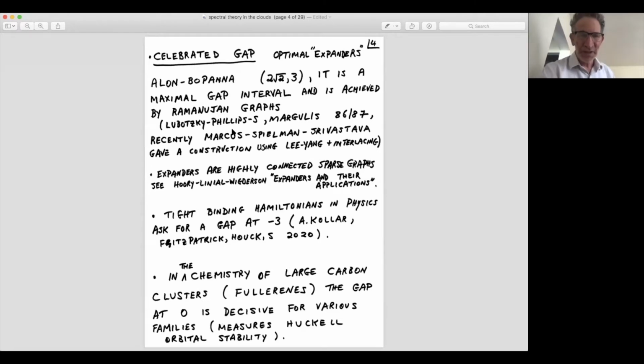Well, I was wrong. Much more recently, Marcus, Spielman, and Srivastava gave a beautiful construction using interlacing polynomials. And the other key ingredient they used was the theorem of Lee and Yang in statistical physics, which puts the eigenvalues of certain partition functions on a circle, just like the Riemann hypothesis puts eigenvalues of Frobenius on a circle. And so the replacement of the Riemann hypothesis is this Lee-Yang theorem. The construction is entirely different.